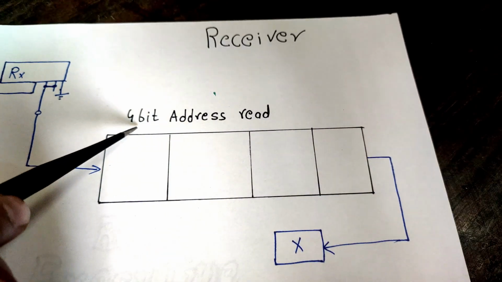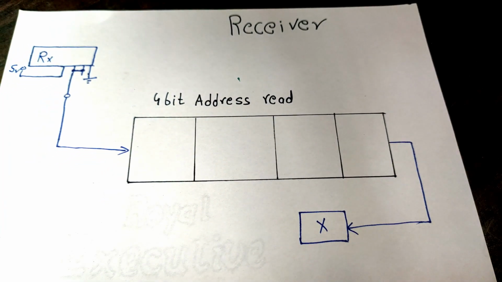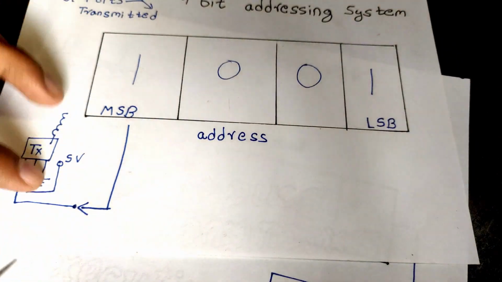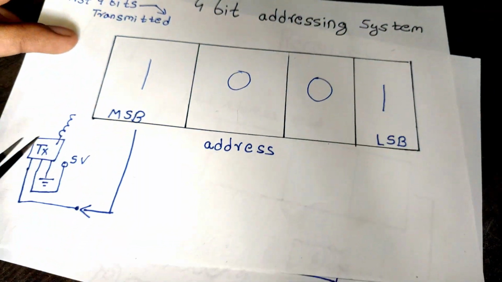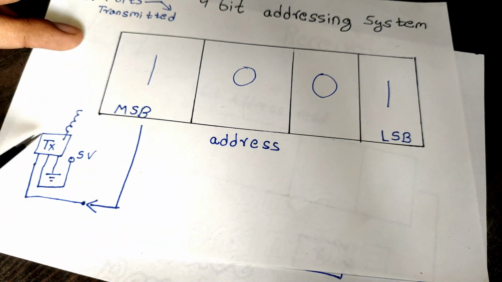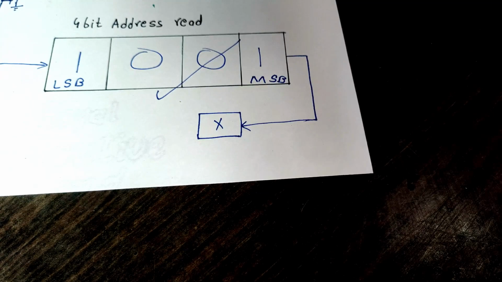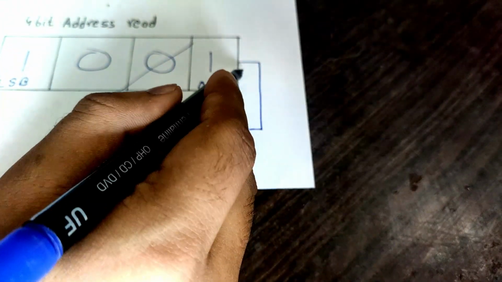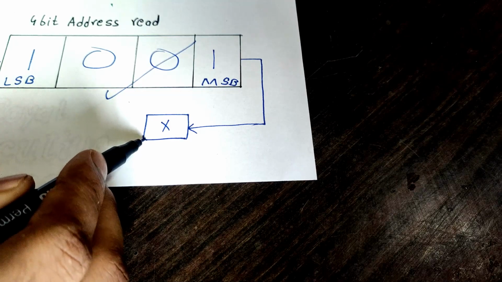Now about the receiver. The receiver will first receive any data that is being transmitted in its range, that includes any data from other transmitters or transmitters not used in our system. As we transmit the address bits first, the receiver will store the first 4 bits and read them. If they match the address we have given to the system, only then will it pass the rest of the data through the rest of our circuit. But if the address doesn't match, it does nothing.